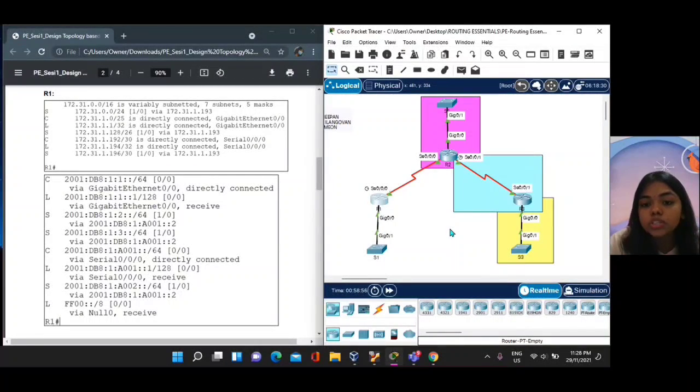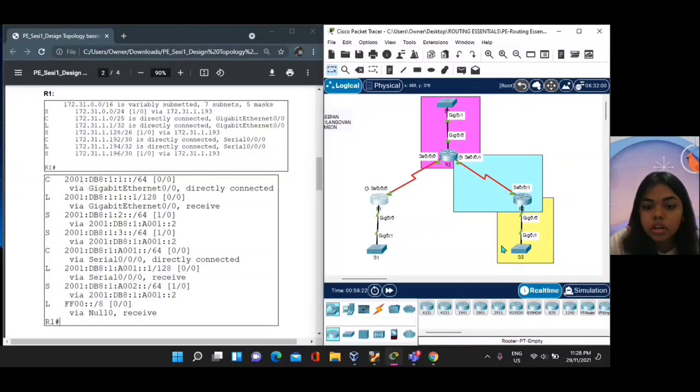As we learned in this chapter, there are two ways to configure the static route. In this case, it uses the next hop address, which we can see right here, which is via. For R1, there are three networks highlighted in this topology: network 1, network 2, and network 3.